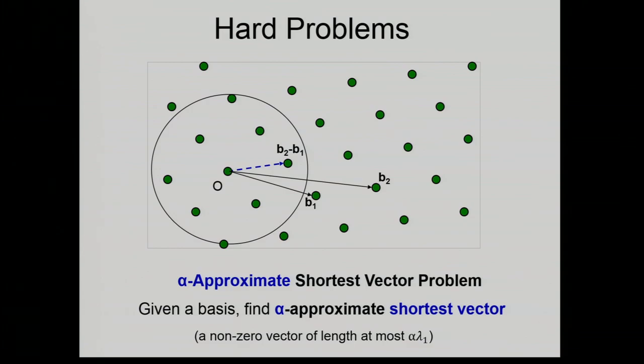Okay, if we cannot solve something, if we cannot hit the target with the dart, we redraw the target, right? That's the approximate shortest vector problem. We say, well, I don't want the exact shortest vector. I want a vector whose length is at most 5 times the length of the shortest vector. That's the approximate shortest vector problem, alpha approximation. Alpha could actually be a function of the dimension, for all you know.